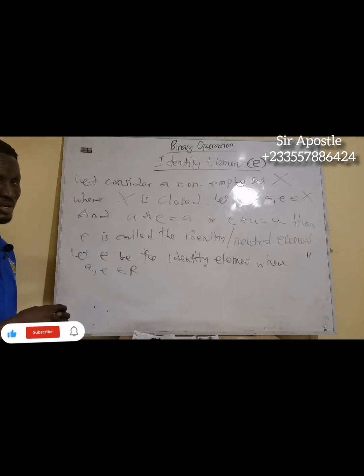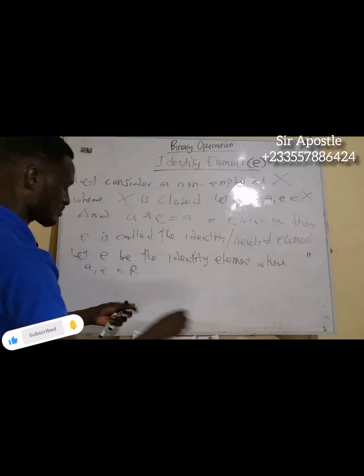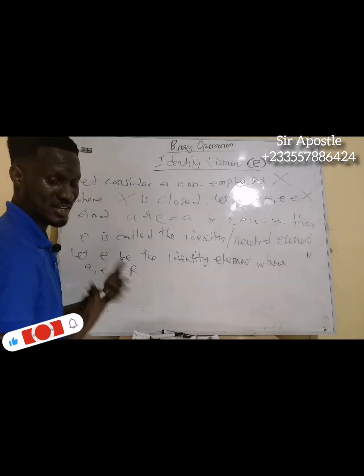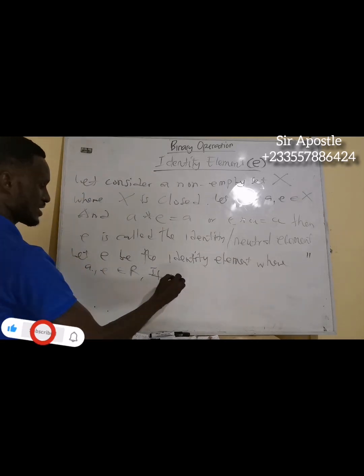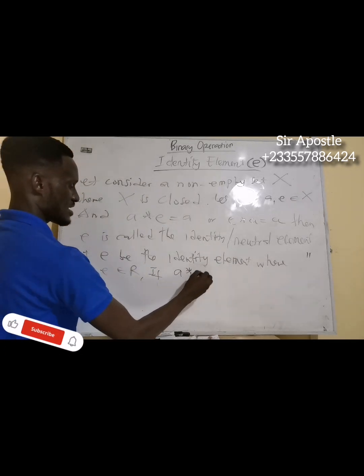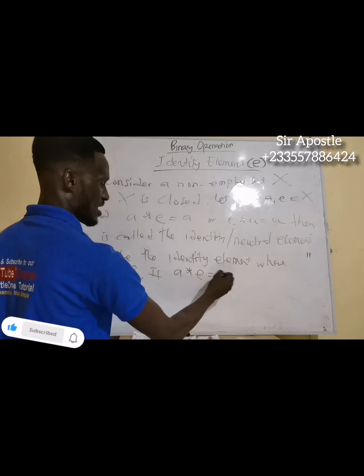R is the set of real numbers. I'm defining. Now, if A operation E is giving me A,